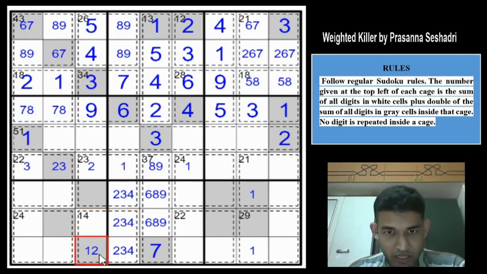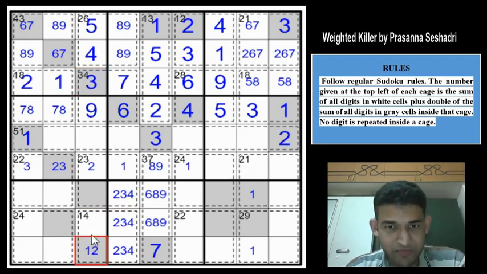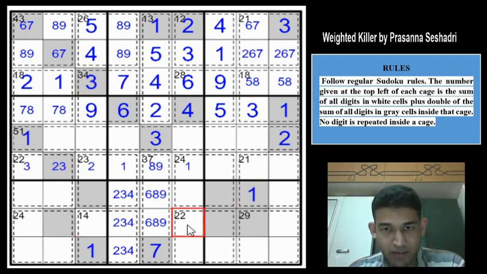If you have a 2 here, this becomes 4 in total, and this automatically becomes 3, 4, because digits do not repeat. So 3 plus 4 is 7, 7 plus 4 is 11, and we need a 3 here, but 3 is in here, so this cannot be a 2. Beautiful. So this will be a 1, and this cannot be a 1 anymore, and we can place the 1 in box 8 now. That gives the 1 in this cell. Superb.